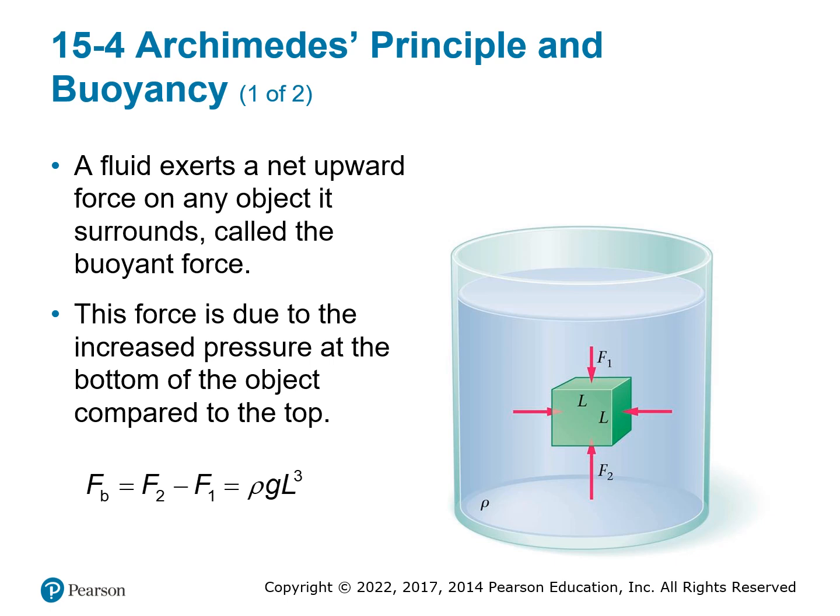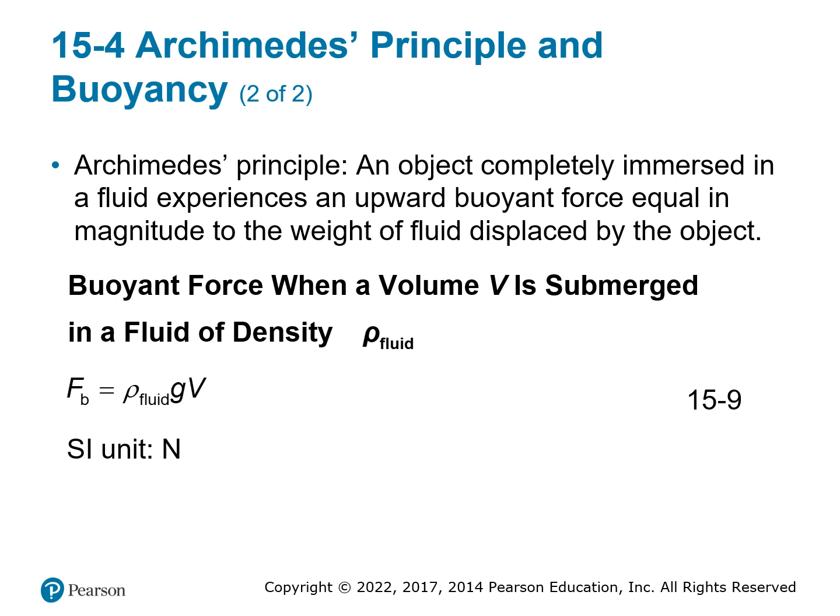Or you can write it as density of the object times gravity times the length cubed, if it's a perfect cube. You can also replace the equation as density of the fluid times gravity times the volume of the object. Not everything we use is going to be a perfect cube. So instead of doing length cubed, you just do the volume of the object, whether it's a sphere, a cylinder, a rectangular prism, whatever is being submerged under the water. And because it is a force, it's still measured in newtons.